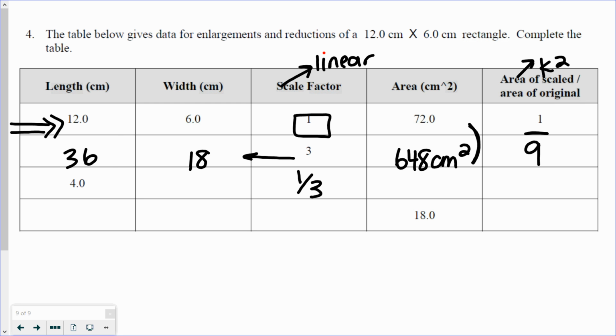Again, we're going from here to here. It's getting smaller. It's a reduction, so we know the scale factor is going to be less than 1. So applying a scale factor equal to 1/3 onto that 6 will get me a measurement of 2.0 centimeters. Now my area, if I multiply this 4 by this 2, is equal to 8 centimeters. And my scale factor, again, if I compared